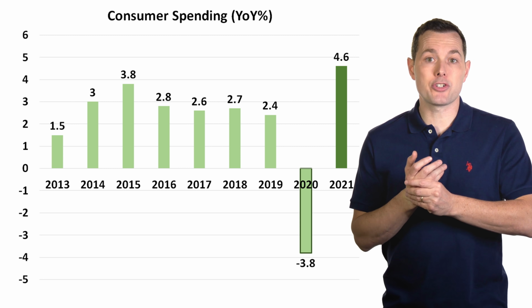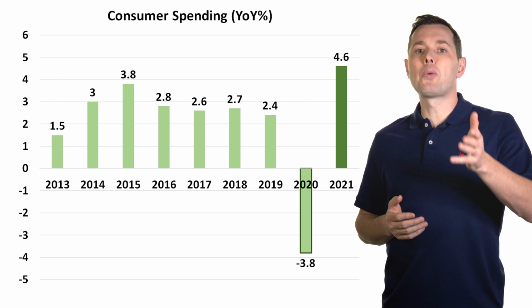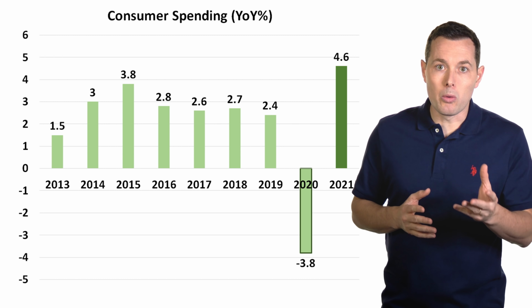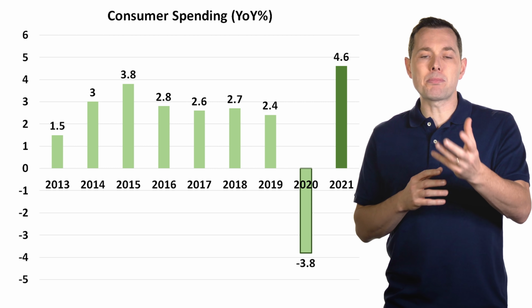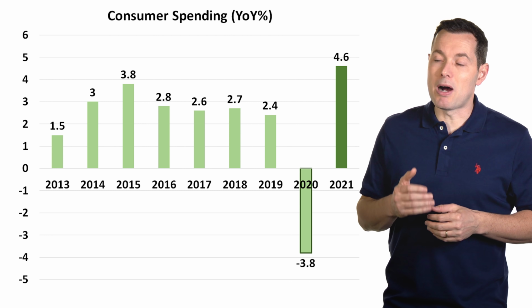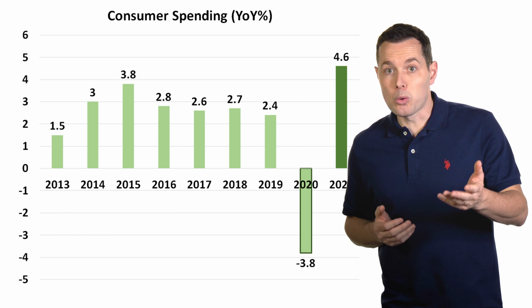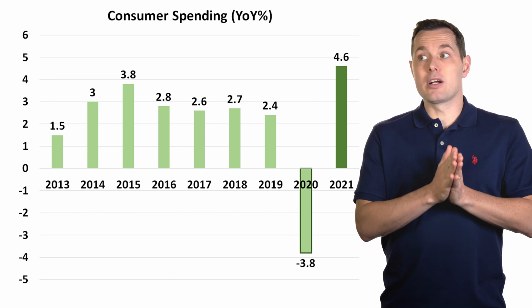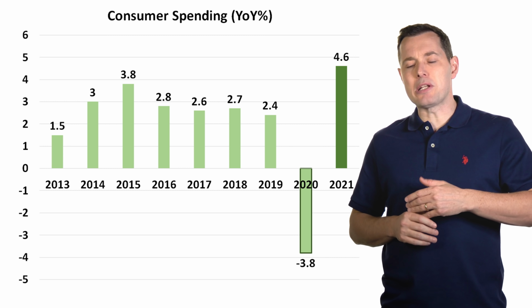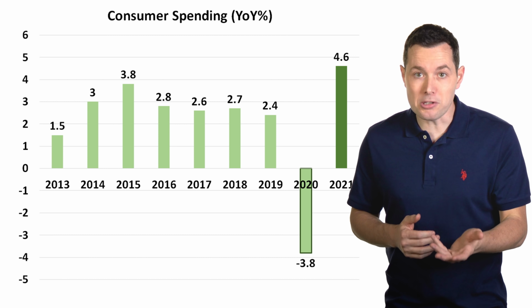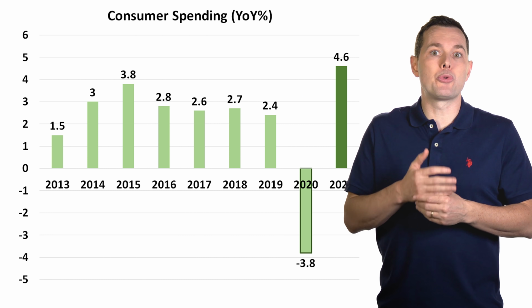Now, these are year-over-year changes, and as we know, 2020 was a bad year, so it's probably not too surprising that 2021 could come out with a very solid year. Of course, this assumes that the coronavirus gets under control, that the vaccine works as well as it's supposed to work, and it happens in the not too distant future.